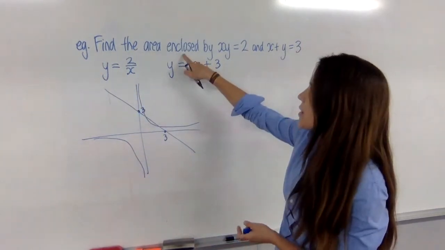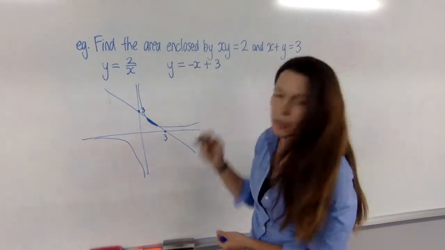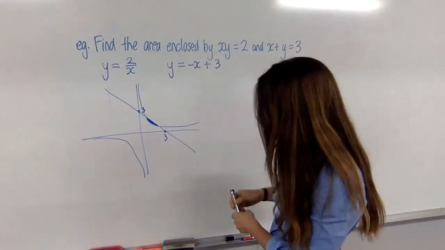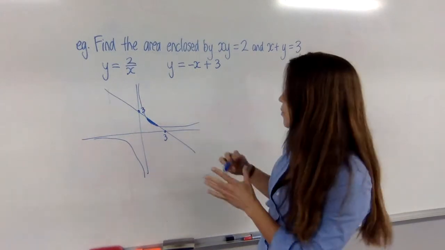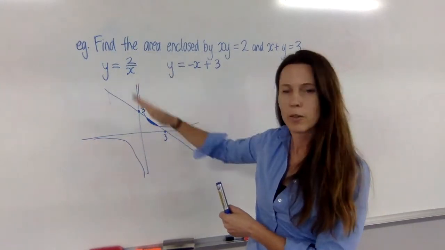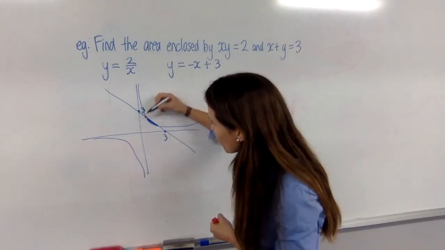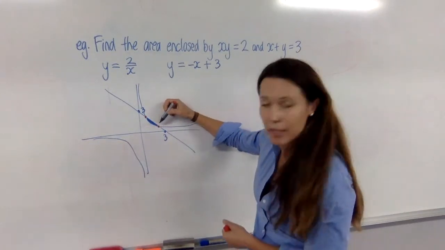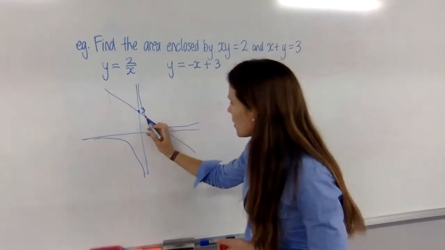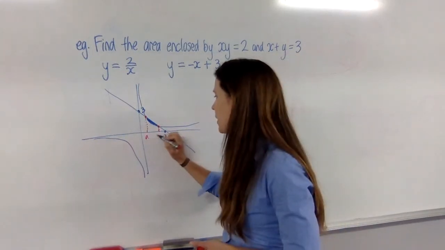Now the fact that they're saying that there's an area enclosed tells me there must be a sneaky little area in here that is enclosed by the two, otherwise they wouldn't have asked me to find it. And to work out what I need to do, because after all, when you first look at a hyperbola like this, you might wonder if it comes out this way, or whether it actually does tuck in and enclose. Well, I can verify this algebraically now by finding this intersection point here and this intersection point here. And I don't necessarily even need the y values of the intersections. I just need to know what the x values are, because those are going to be my bounds, a and